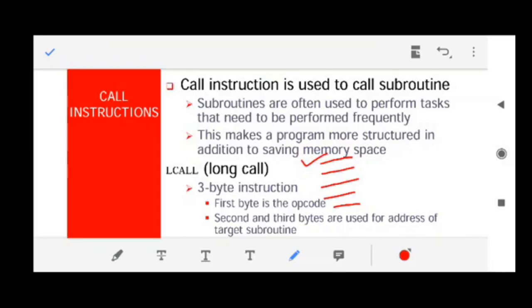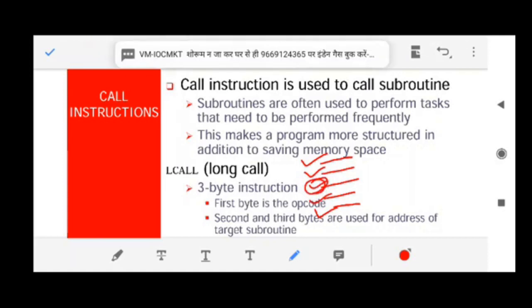Either short jump or long jump, some move instructions, and different types of instructions. Fine. First, second, third, fourth, fifth, and n number of lines. Now at this line, if you want to print something on the monitor, printing on the monitor will take a lot of time.